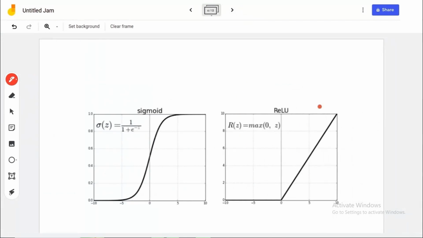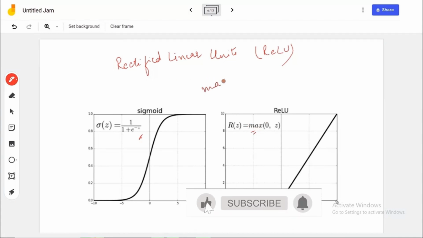This is known as the ReLU or rectified linear units. In short, ReLU. Okay, so as you can see, here is a chart which shows the comparison of sigmoid with ReLU. Now the problem with sigmoid and tanh was that it was a lot of calculations. So we had to somehow reduce this. So we came across ReLU, and this is very simple.